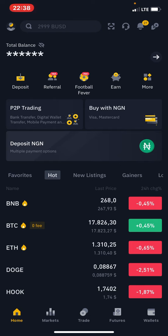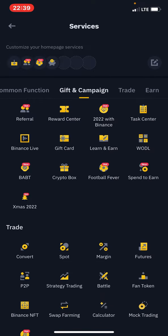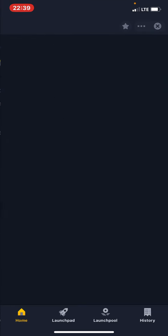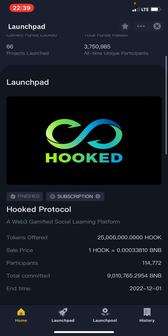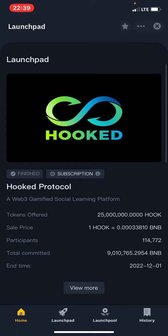The fourth way to make money on Binance is Launchpad. There is this function on Binance called Launchpad. Binance normally launches some tokens for people to use BNB and BUSDT to purchase as token sales. So they are doing this in different ways. As you can see over here, their last launchpad is Hook Protocol. So one Hook Protocol, you will be buying it at